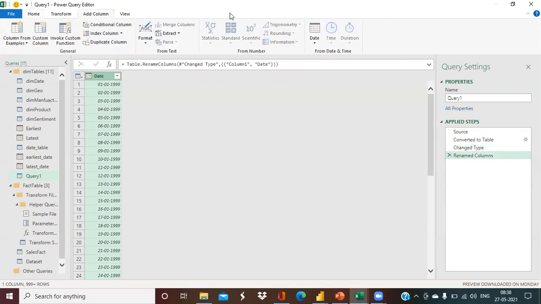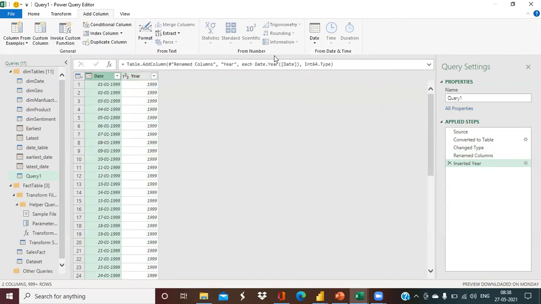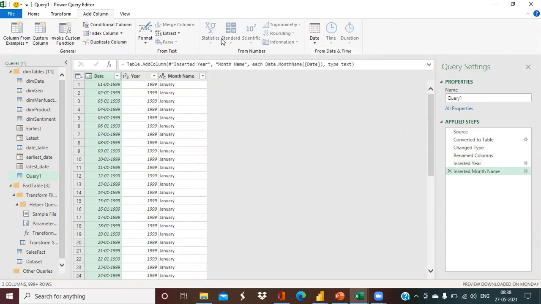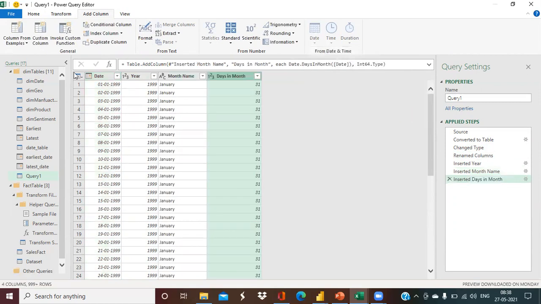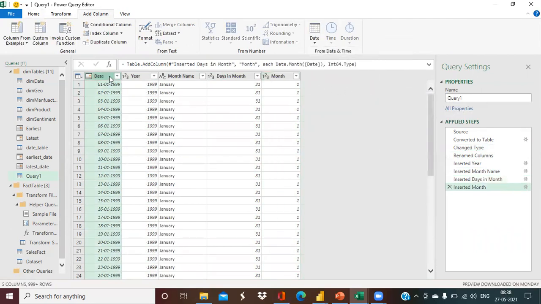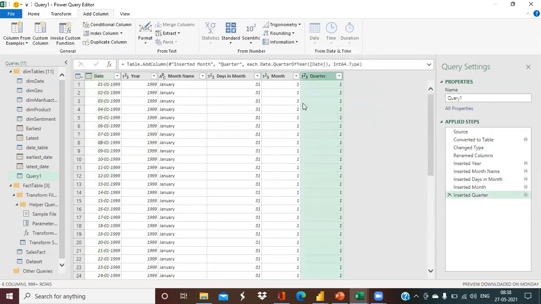So I'll go to Add Column, and as we have already discussed, we need to find the year name separately, so put Year separately. We could find the start of year and end of year, but I don't want it right now. I want the name of the month. Yes, I want the name of the month. I want the number of days in a month. Even if sometimes we don't need the sales analysis per month name, I'll click on Month, which will give me the month number out of the date. I may want the sales analysis by quarter, so Quarter of Year.